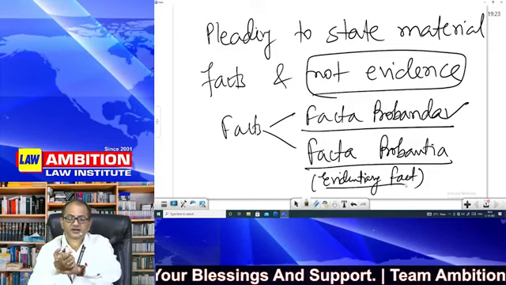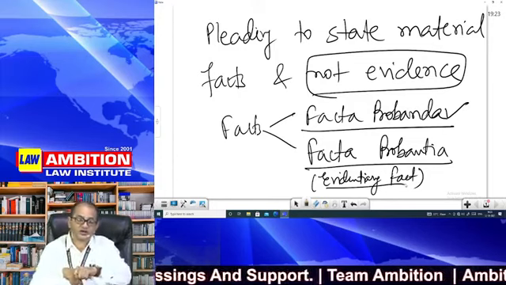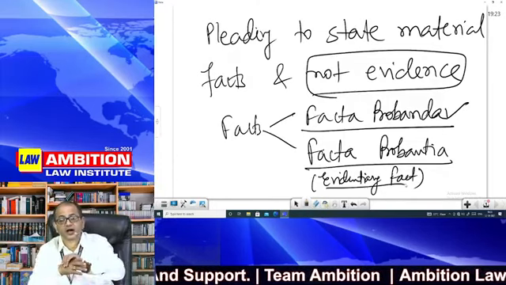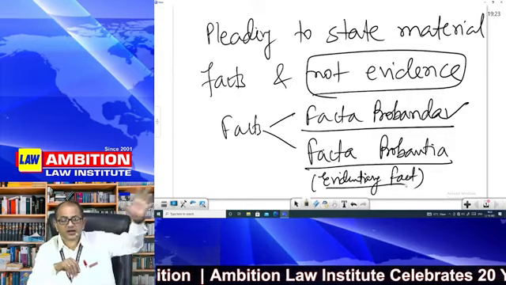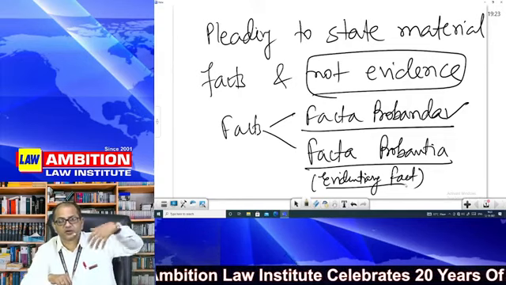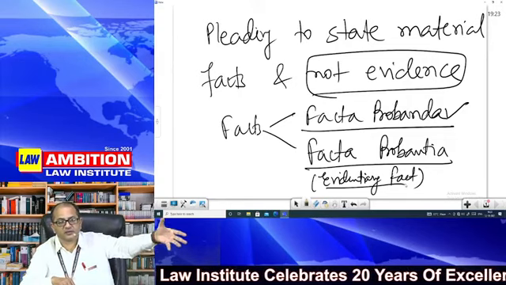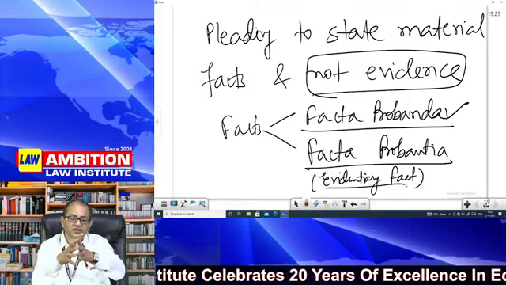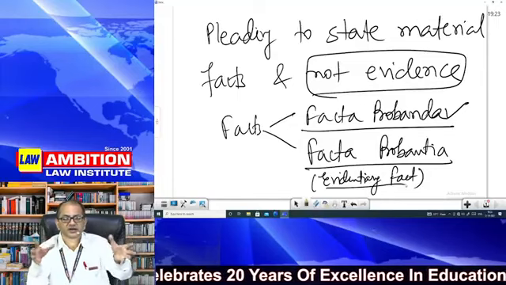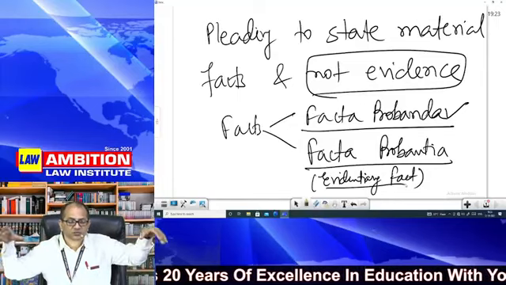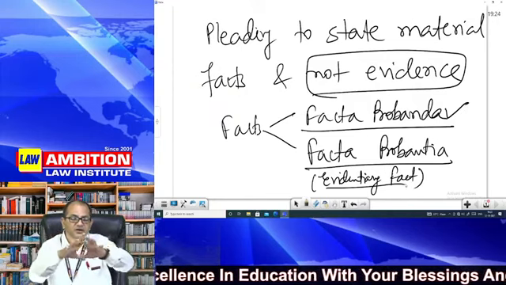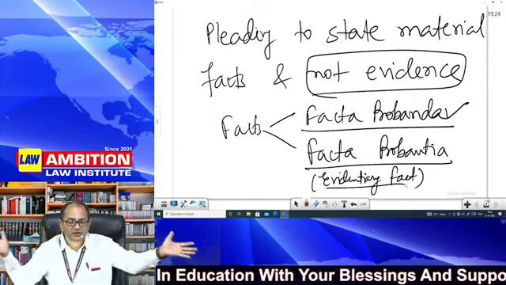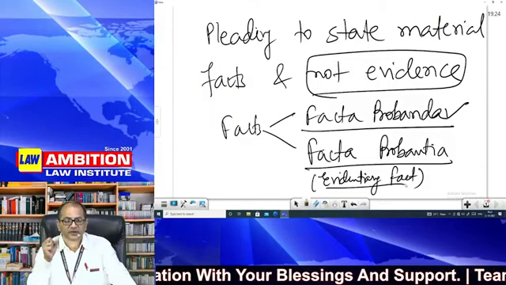You should not go into the fact of who and how that contract was entered into, who was behind that contract, who broke that deal. We are not interested in that. There was a third party who was a friend of mine and also a friend of his, and he brought us to the negotiation table and then we entered into the contract. These facts are not material facts for cause of action.